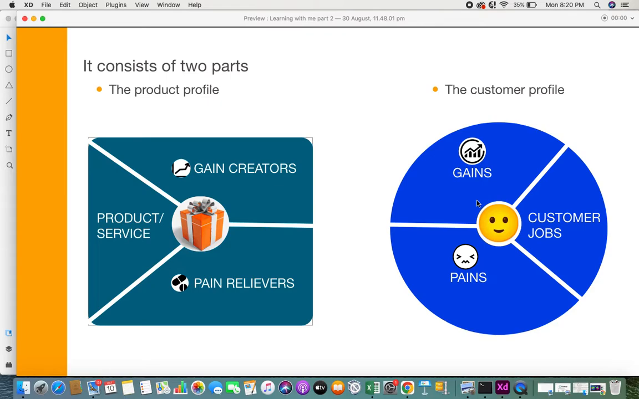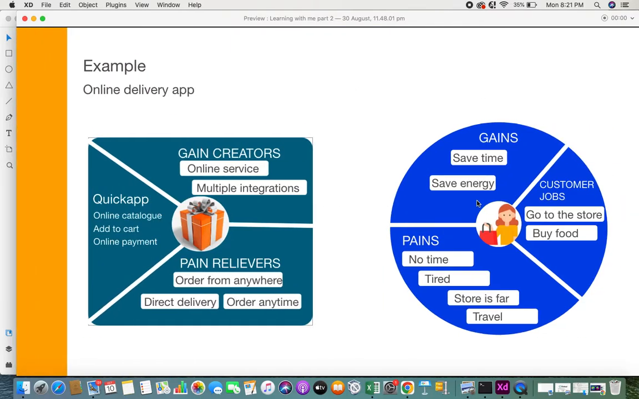Of course, they need something, they are expecting something, they wish to gain something out of a solution or out of a product or service. So that's the third part of the customer profile. So now with this, let's take an example of an online delivery app and see how to construct and build